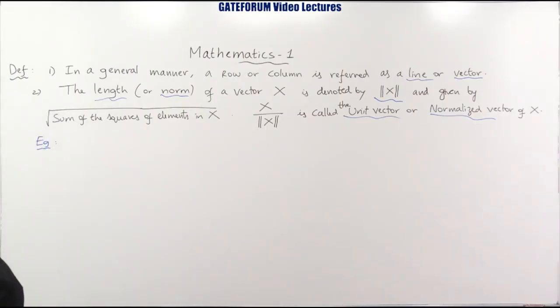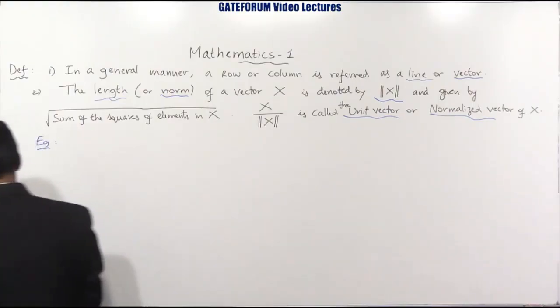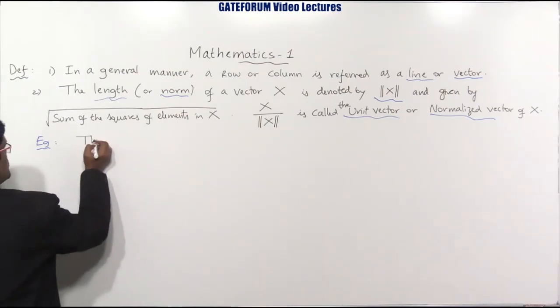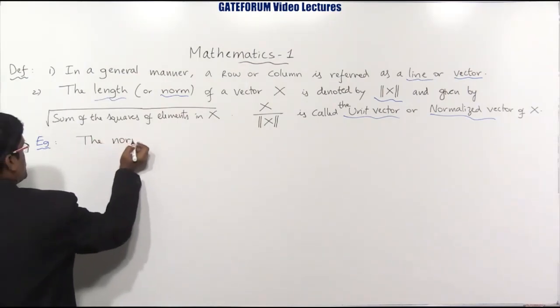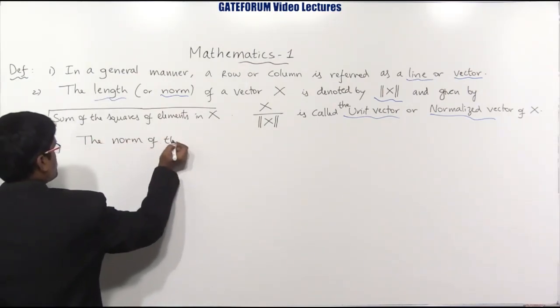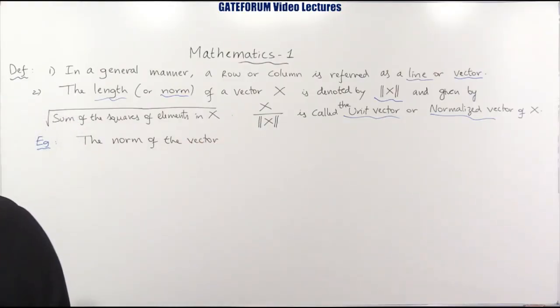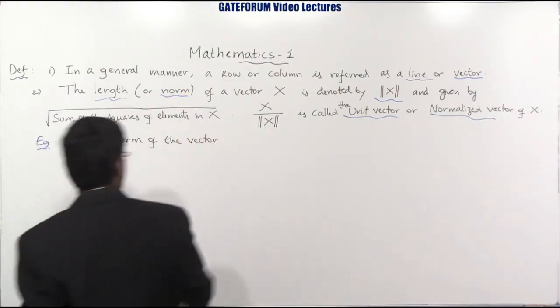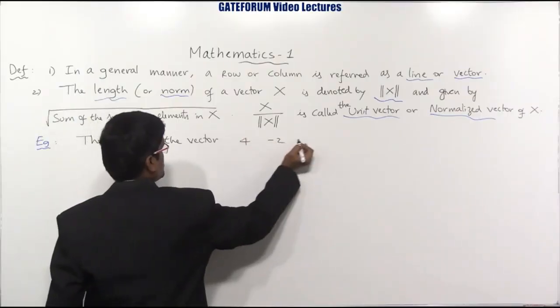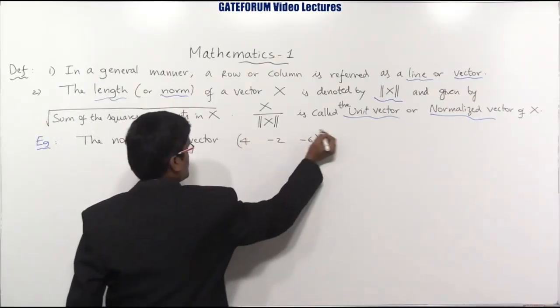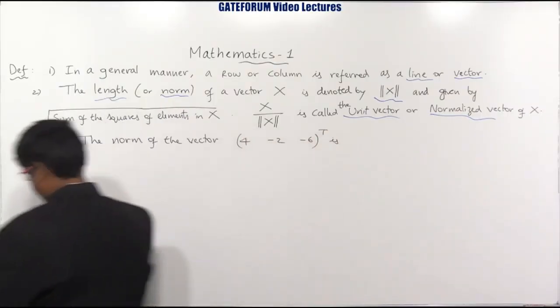Example, the norm of the vector (4, -2, -6) transpose is